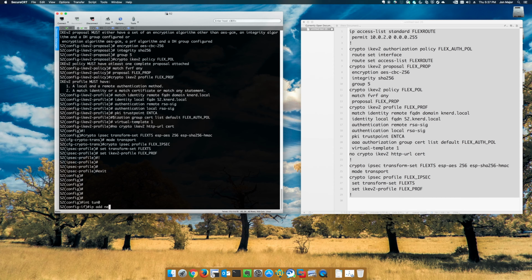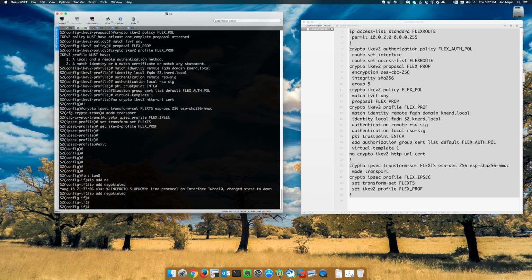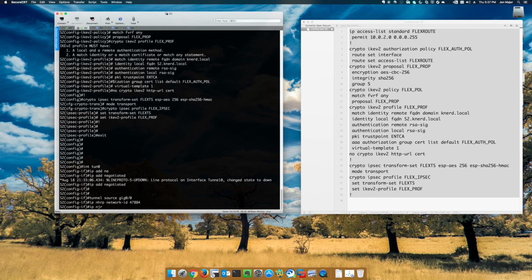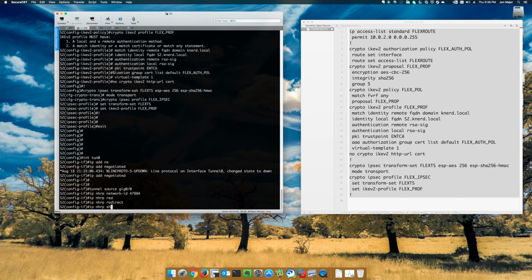IP address is negotiated because remember the hub has a pool set up for us. We're going to do tunnel source is gig0/0. That's our WAN interface. I'm not going to set tunnel destination yet. I will be setting tunnel destination dynamic when the config's done, but let me just get through everything else first. So I'll say IP NHRP network ID, the one we used was 47884. IP NHRP redirects are enabled. And then shortcut,